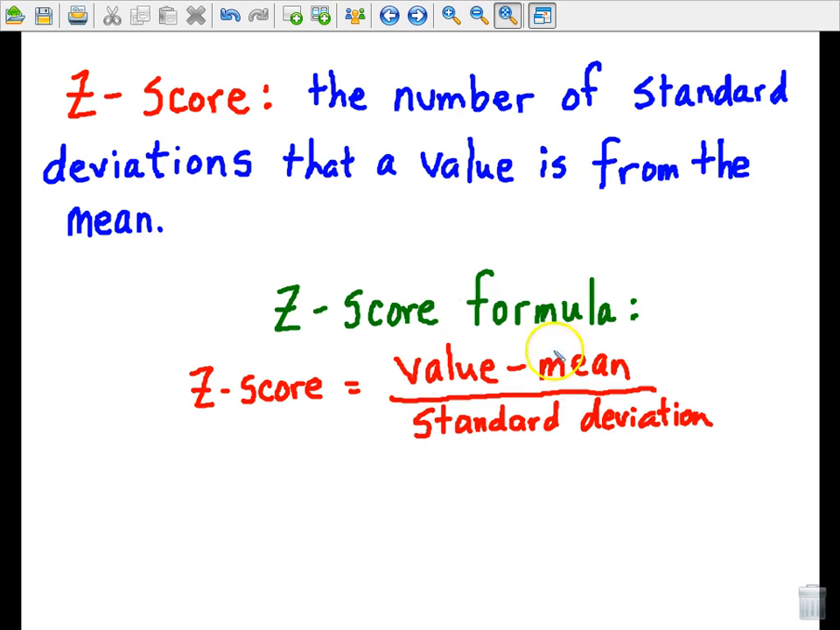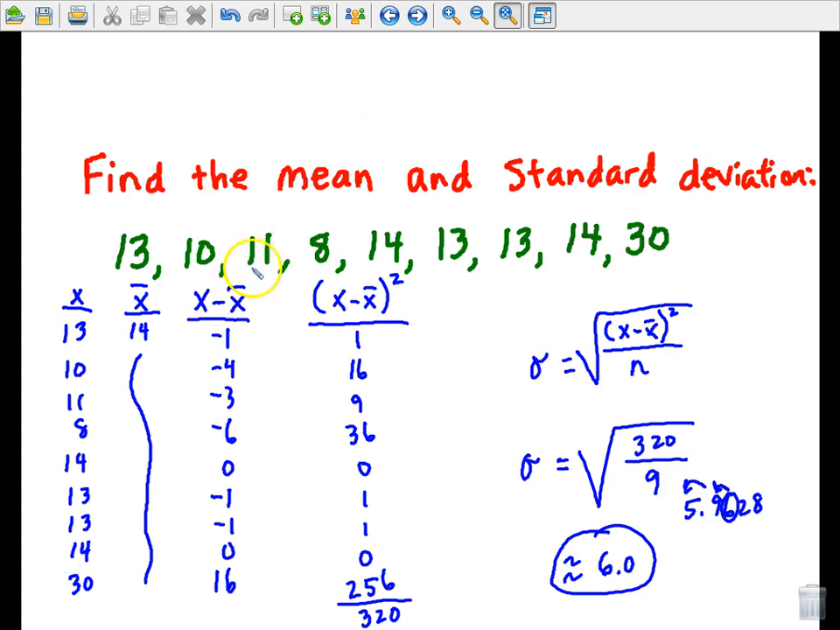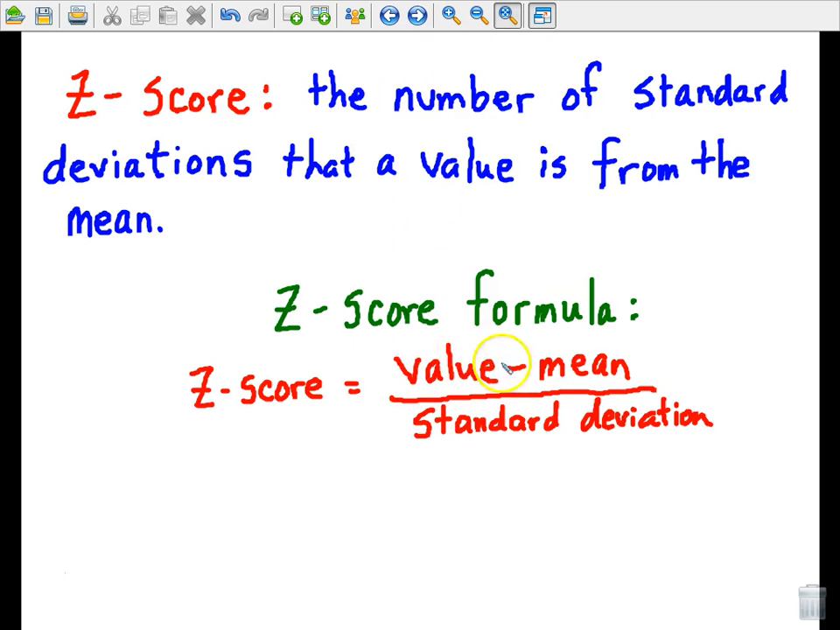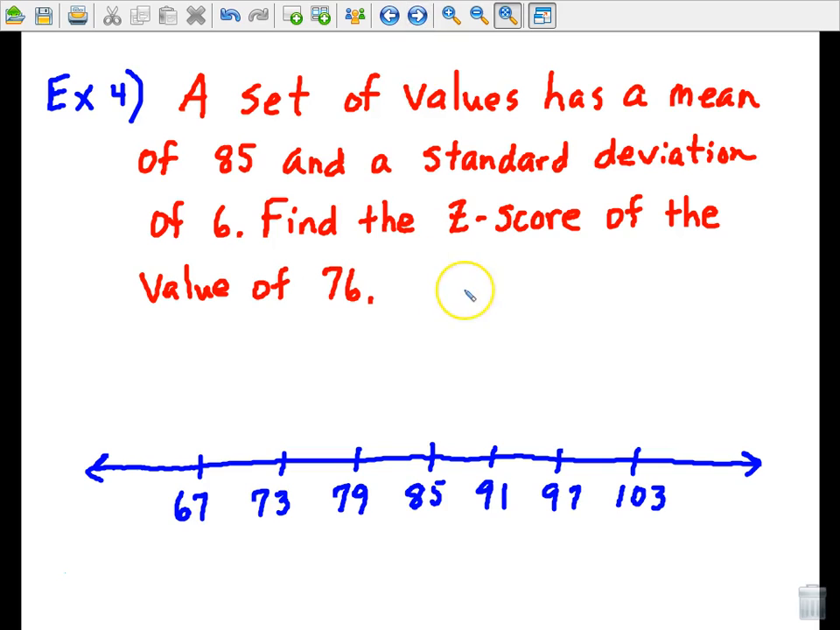And there is a formula to determine z-score. Value is just a fancy way of saying one of the numbers in our data set. So it could be 13, it could be 14. Okay? Value, one of the numbers in our data, minus the mean, divided by standard deviation. It's how we calculate what is known as z-score. Okay? So on the next slide,